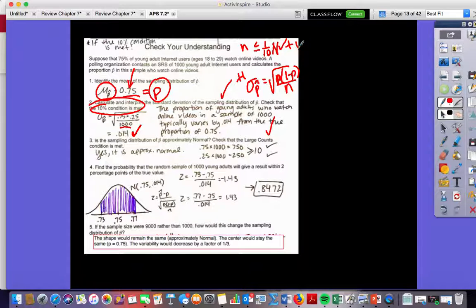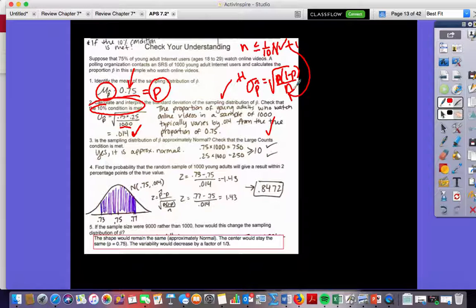Now, here's one thing, just keep a mental note. In order to use this standard deviation formula here, I have to check the 10% condition. Okay? It's got to either be independent or I check that 10% condition in order to use the standard deviation formula. But what's nice is on the actual FRQ on the test, I break it up like this. Okay? Which is kind of nice. I just say, okay, what's this and this? So highlight and come back to this.